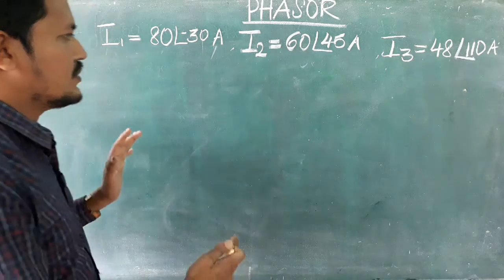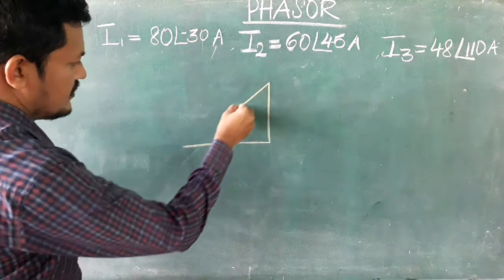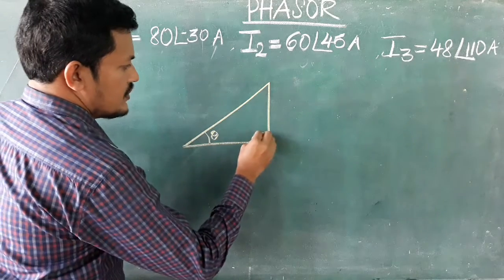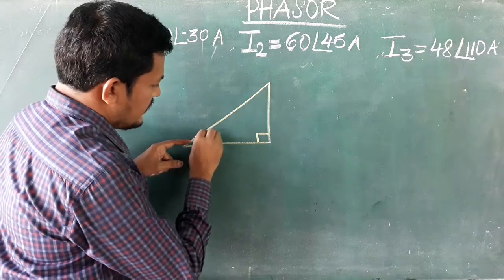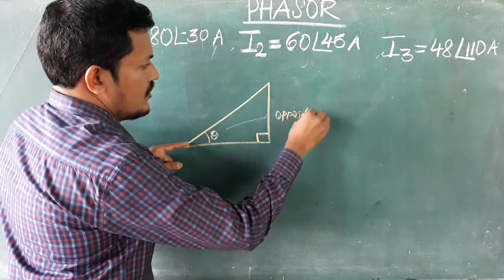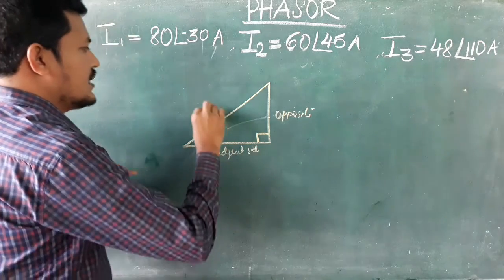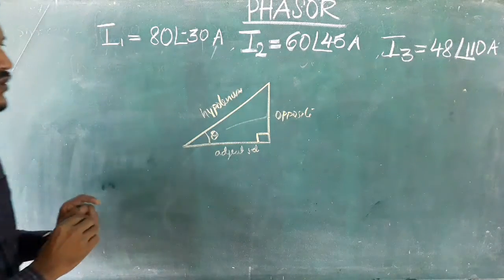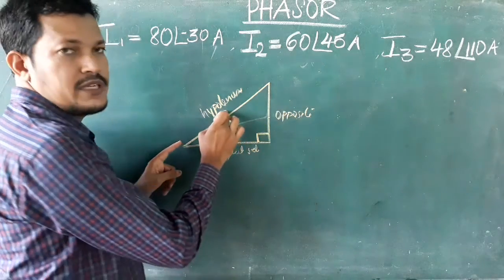Before that we have to know something about the right-angled triangle. So I am just discussing the right-angled triangle here. Just consider one right-angled triangle. This is angle theta, so this one becomes 90 degree. Taking the base on our theta, this one is the opposite side. This one is the adjacent side, clear. This is the hypotenuse, clear. We all know the Pythagoras formula: side squared plus side squared equals hypotenuse squared.